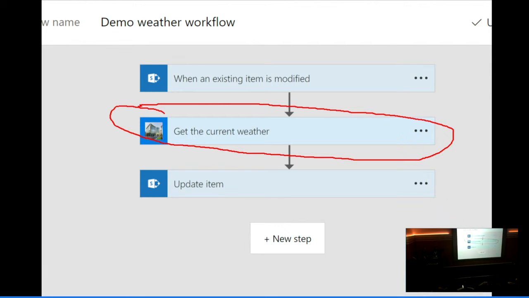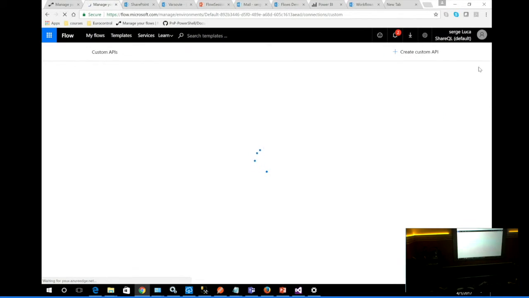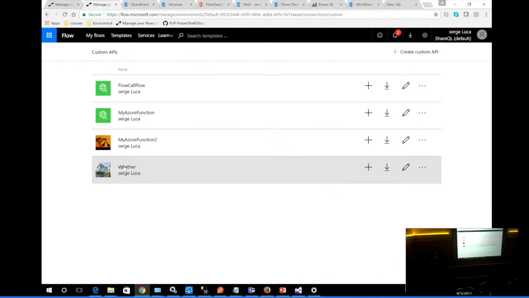I went to the weather website. They provide me with a Swagger file. I've imported it in Flow, and then I got an action. As simple as that. So I will show you that. That's what we call a custom API. So here you have a custom API, and I've created an action, which is this one. And when you download the file which is associated with this action,